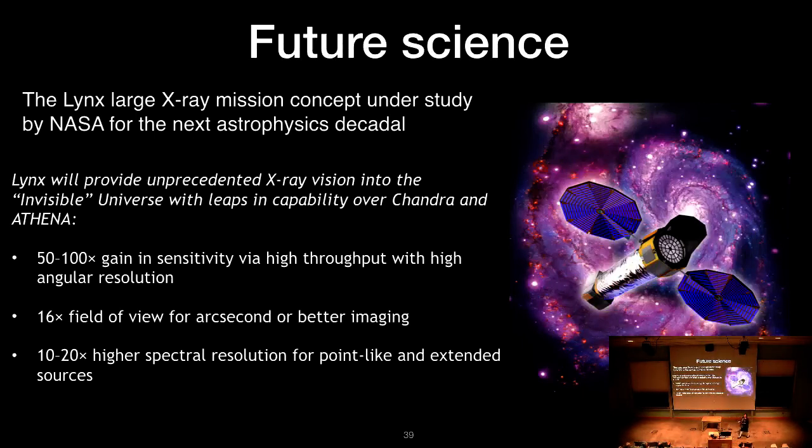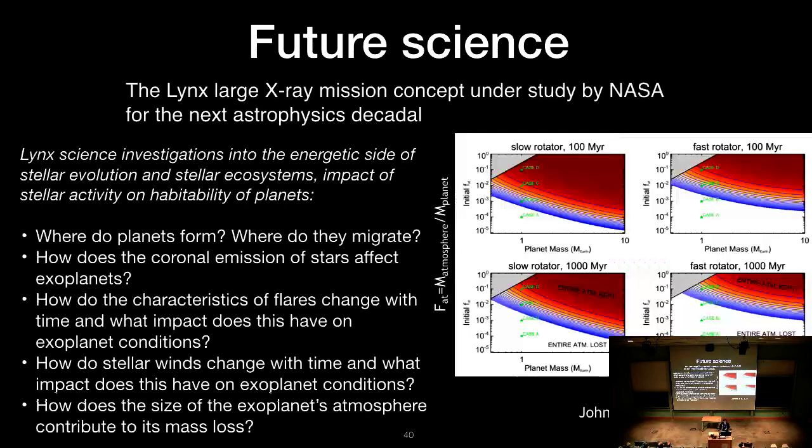And then finally, I'm also on the STDT for the Lynx X-ray mission concept, which is one of the 4 large mission concepts that NASA is studying for the next astrophysics decadal. And you can think of this mission concept as sort of like a super Chandra, 50 to 100 times the sensitivity of the current Chandra, with angular resolution and spectral resolution that are not going to be seen after the Chandra mission ends. So Europeans are planning a high-energy mission called Athena. It's not going to have the kind of angular resolution or spectral resolution that Lynx would be able to provide if it were an approved concept.